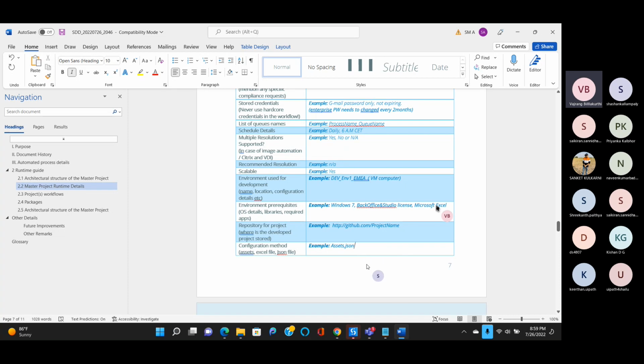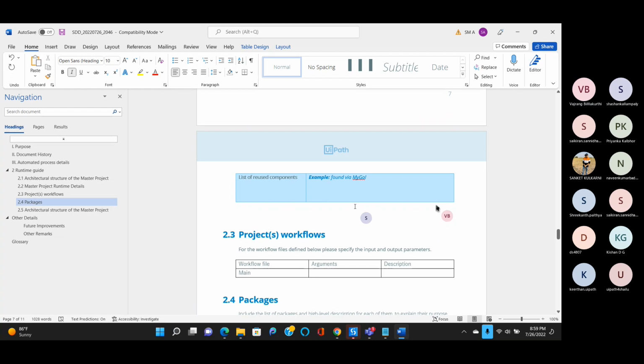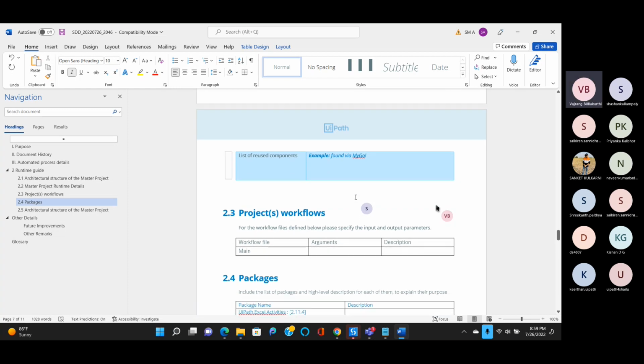Configuration that we can mention, scroll down. List of reused components, for example, I have a login page and I have the login page as a shared file and I'm trying to reuse it every time. So that's a reusable component. For now, you can ignore. And if you scroll down,